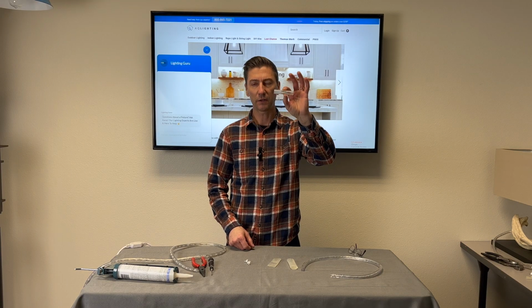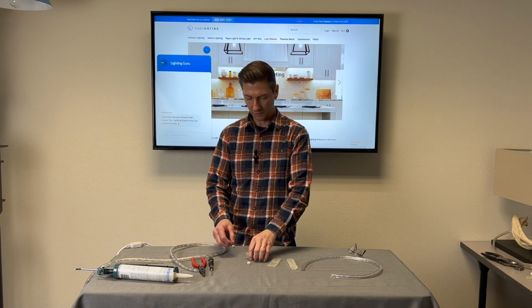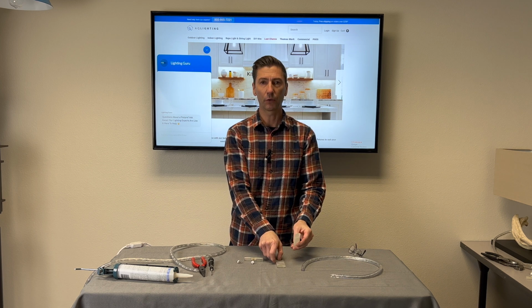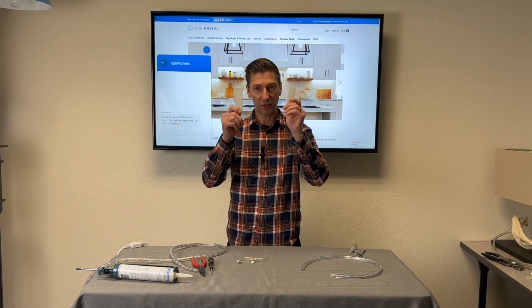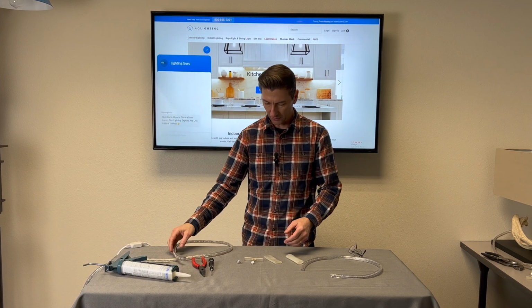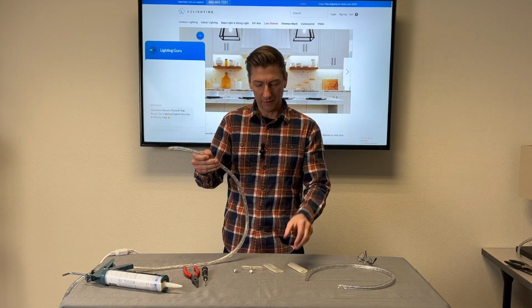This is a clear splice connector. It requires 2 power connectors, 1 for each side of the connector. And if you're doing it outdoors, you're going to want some heat shrink for each side and possibly even a little bit of silicone. Okay, so the first thing you want to do before you do anything, install the heat